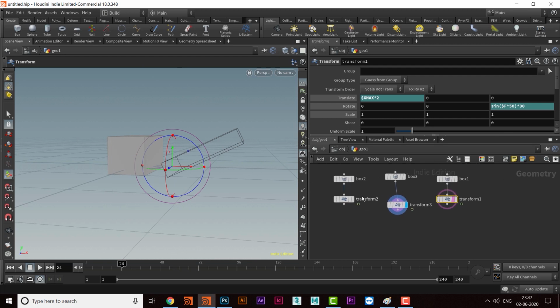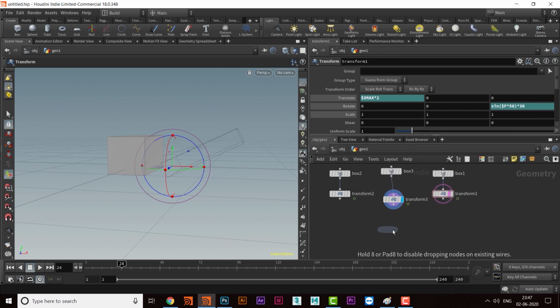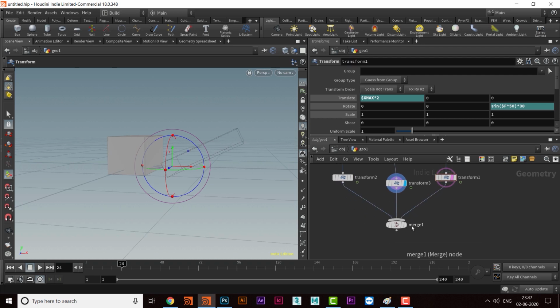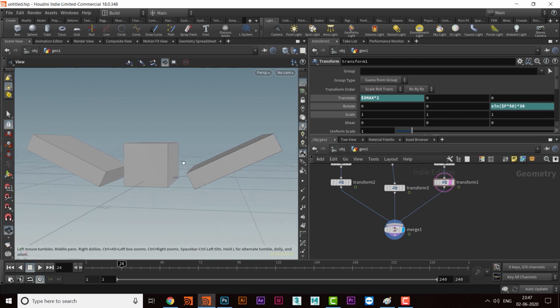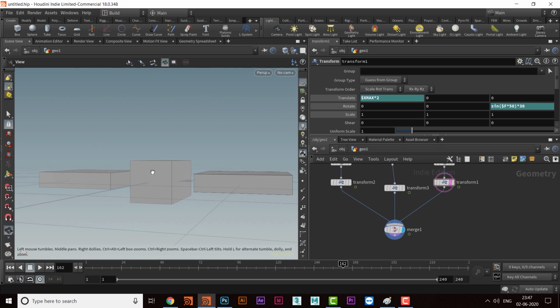Now I will merge all of them. Select all of them, merge them, and then switch on the display of the merge. And here is your example, and you can make all the changes in everything.